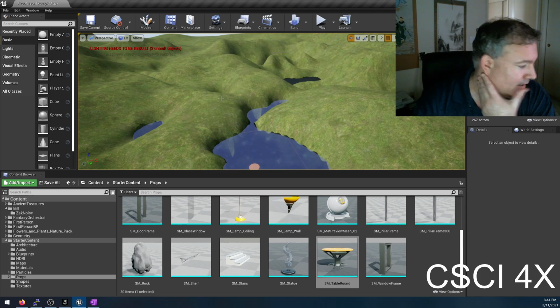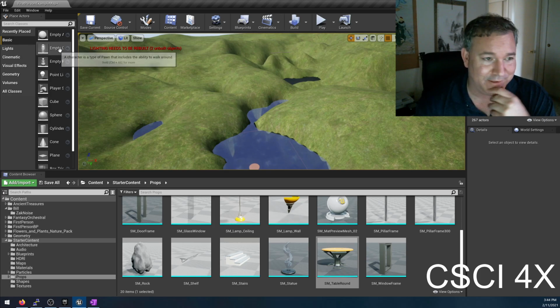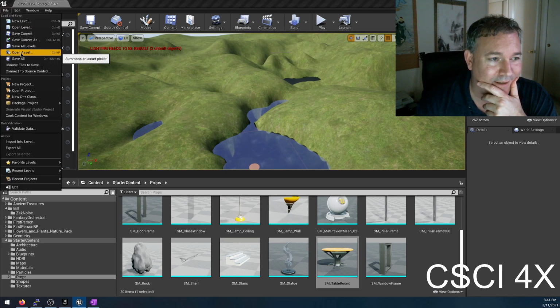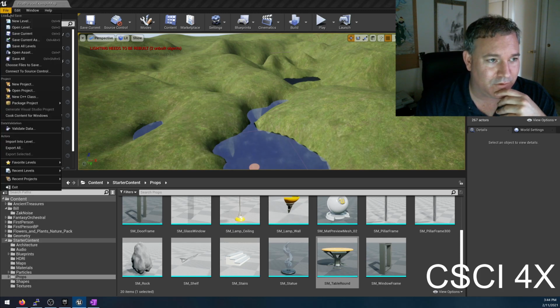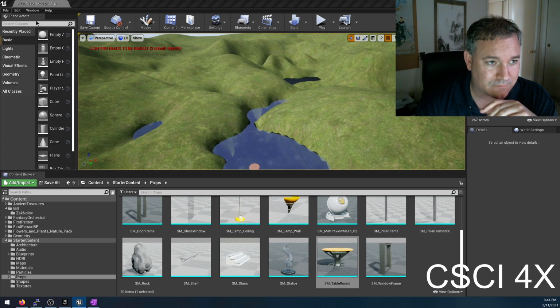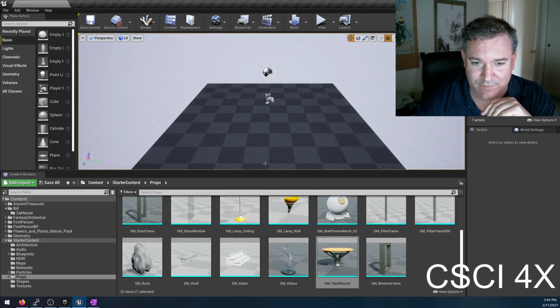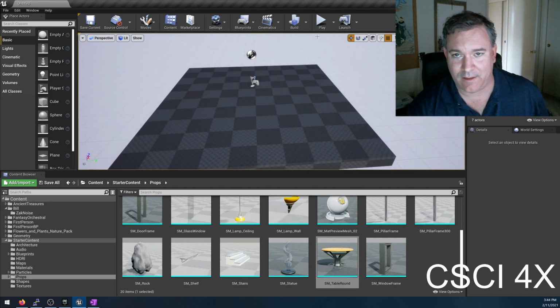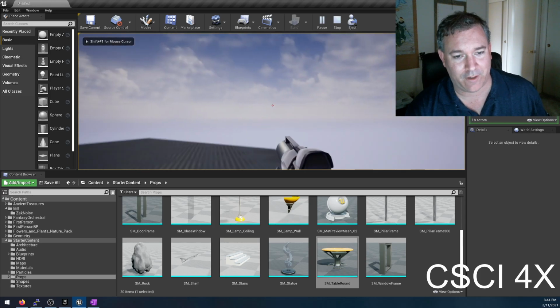So I don't know if Zach has height maps in his toolbox as well. But I'm going to go ahead and save all of this, and I'm going to create a new level because I don't want to break this. I'm going to create a new level and call it default, whatever. And if we hit play, we're just on a platform in the middle of the void, and if we fall off the void,